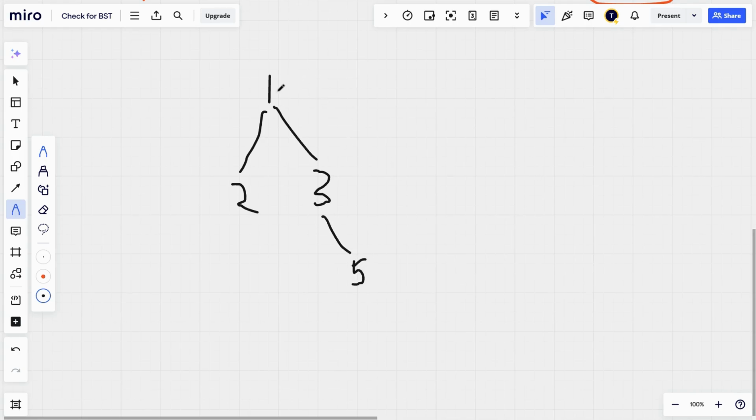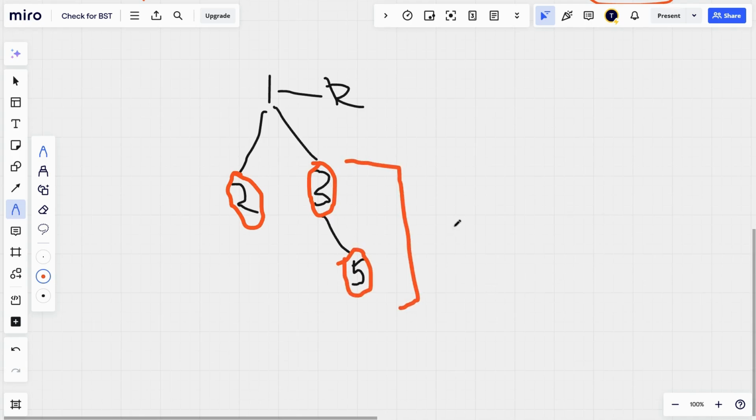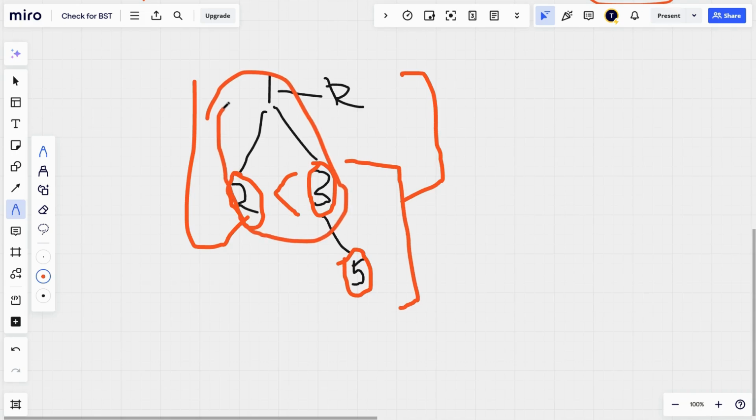Now check, this is the root node, this is the left node value, and this is the right node value, and this is also the right node value of this subtree. Now this left node value is less than the right node value. So this portion of the tree satisfies our condition.